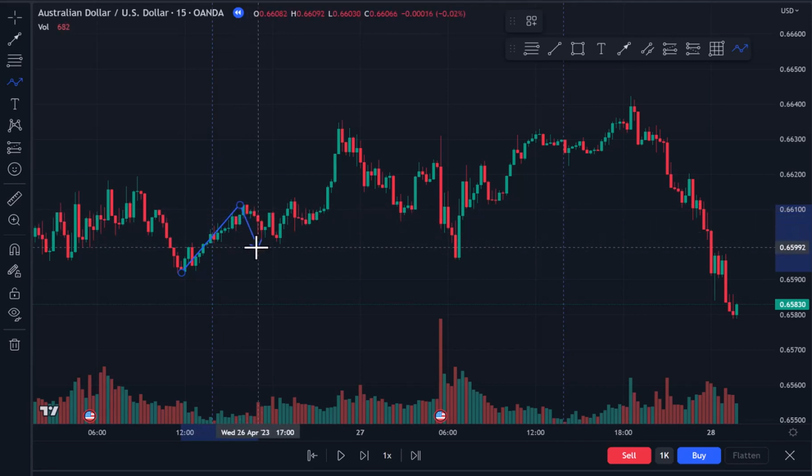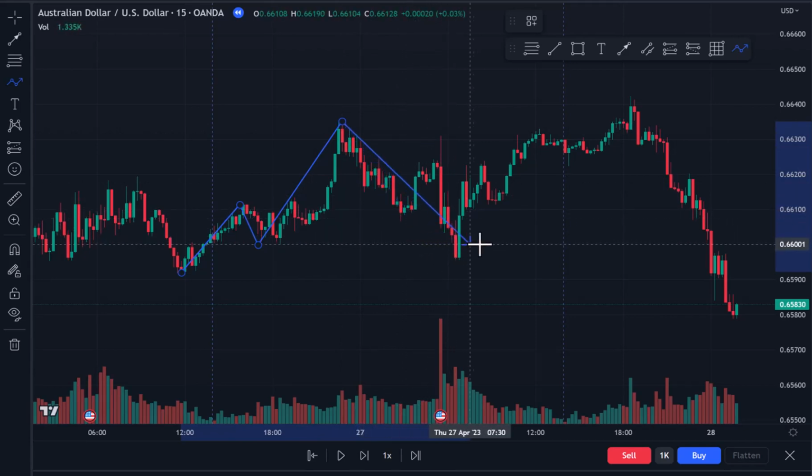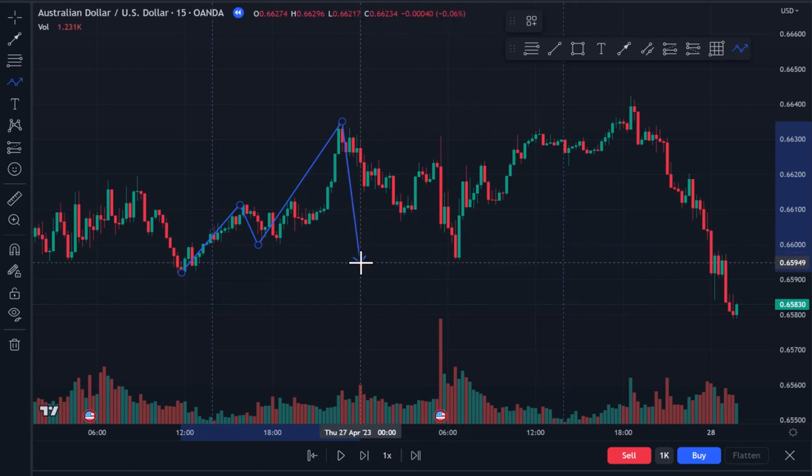So this will count as a valid pullback area. And there's a real breakout, not here, but with this pulse here. And it looks like price basically returns to this key level area, although it does overshoot it a bit,